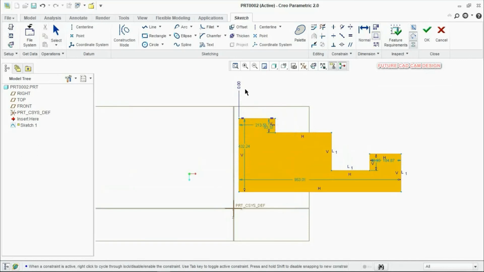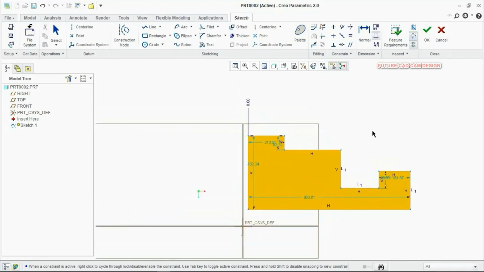So this is my base dimension 0.00. Based upon this dimension we are going to create dimensions for all these lines. So now click normal. At first you need to select this base dimension 0 and then select all lines, edges. I'm going to select all the edges and click your scroll button on the top side here. So you can see the difference. Now the dimensions have been created.